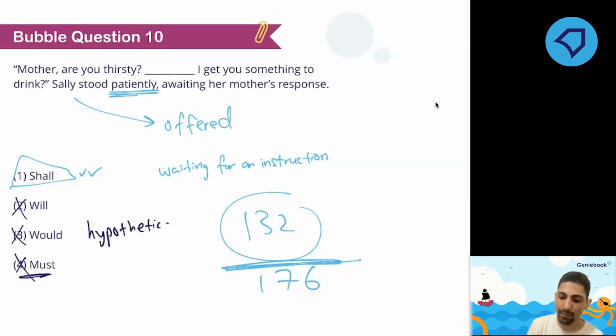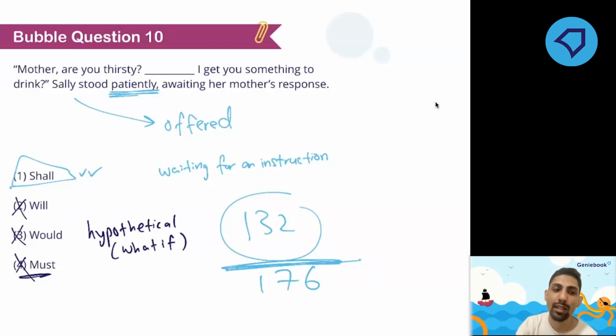Hypothetical. That means an if. What if? Right? Associated with the word hypothesis. The hypothesis of an experiment is your what if. I think it might happen this way. Then you test your hypothesis. Is it true or is it false? And if a hypothesis can be proved many times and it's very solid, very rigorous, then it can become a